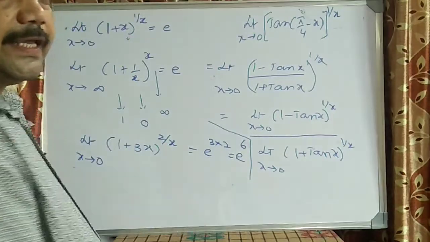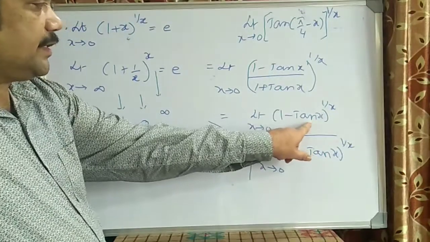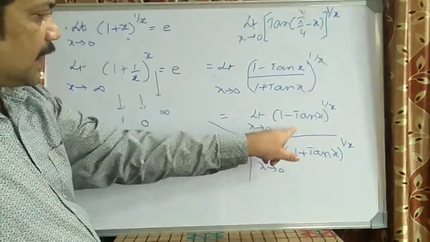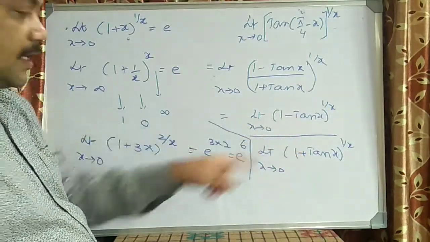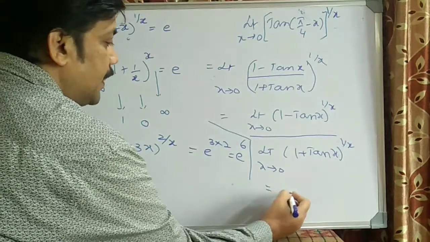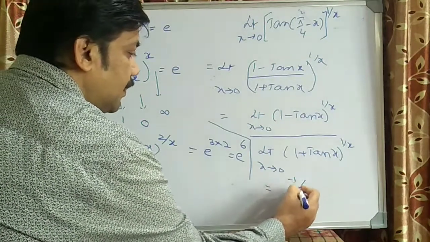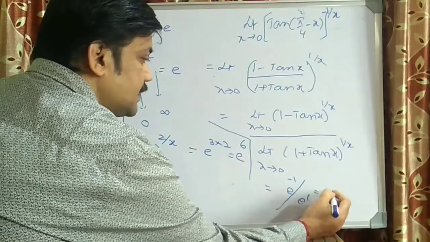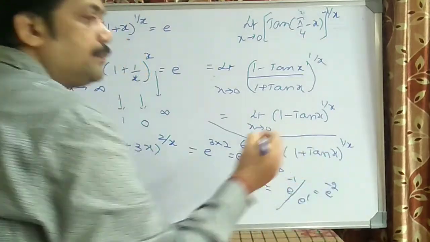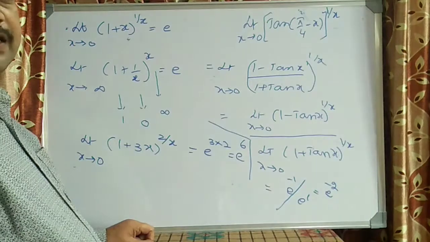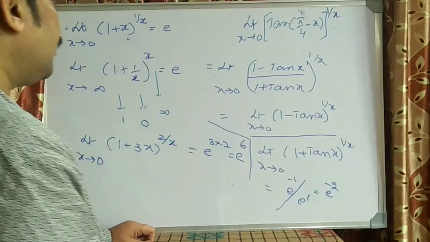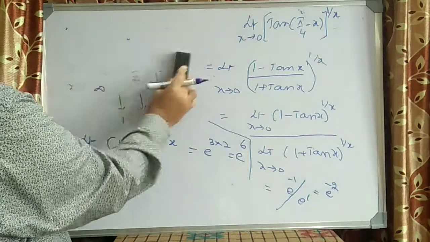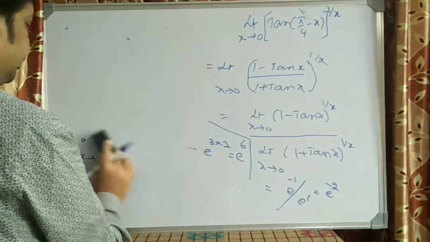Now you can see here, this term is becoming 0 and the power is becoming infinity. So the numerator is simply e to the power minus 1, divided by e to the power 1. Totally the answer will be e to the power minus 2. Okay, is it clear? Now I am going to extend this formula to regular problems also.